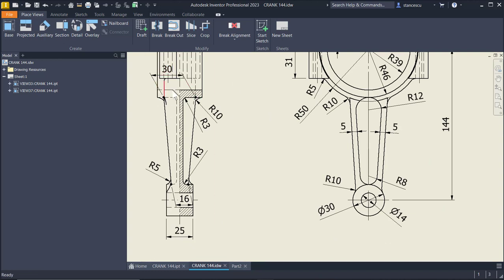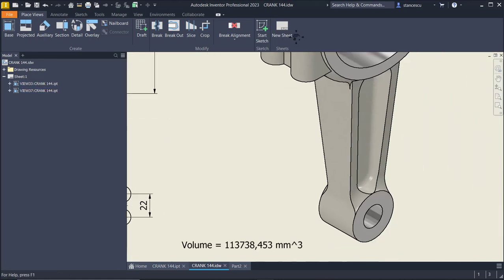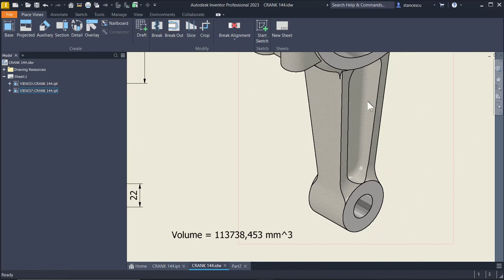At the level of the circle, you see radius 46 is the arc for tangency with the pocket. This is a pocket. Yes, we have here a pocket,